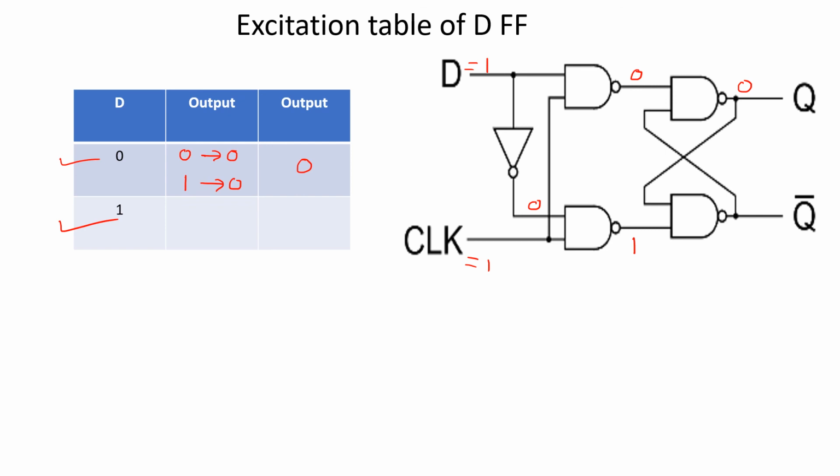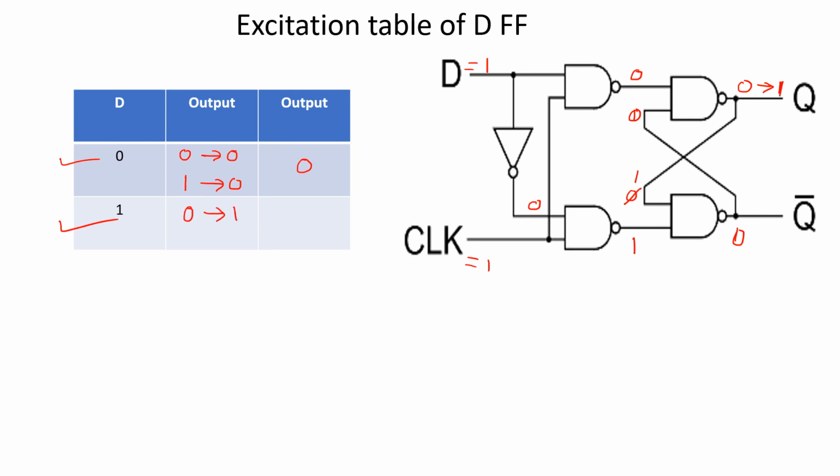Now this 0 comes here. 1 0 becomes 1. 1 goes here, 1 0 becomes 1, that means that 0 has changed to 1. Let us see that 1 is stable or not. This 1 goes here, so 1 1 becomes 0 here, and now that 0 goes here, 0 0 becomes 1. That means 1 remains stable. That means I assumed 0 and it became 1.